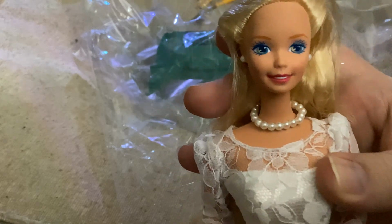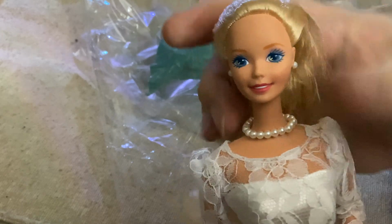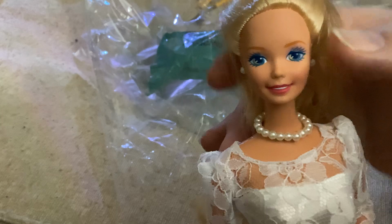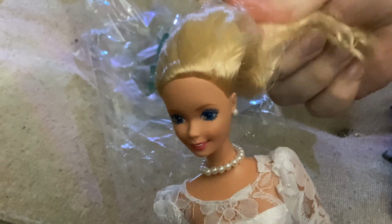So this is Wedding Party Barbie from 1994. And I distinctly remembered her by her pearl necklace and earrings, and then she had the yellow details in her eyes with no bangs, saran hair, and her hair is, from what I know, much thicker than my original one. And the main difference is she does have,